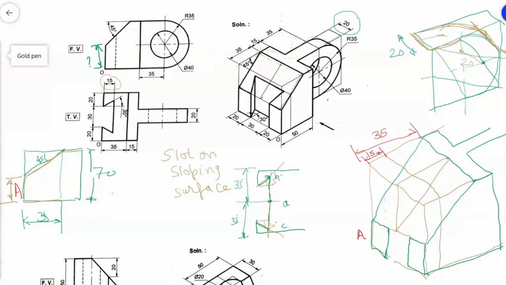So if I want, I can draw here also, like this. Now this slot has to be drawn on this plane. Slot has to be drawn on this plane. So how will we draw this now? In order to draw this,